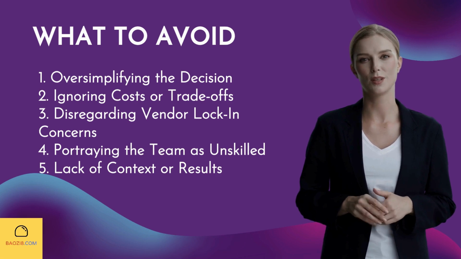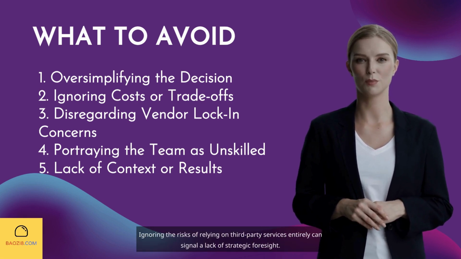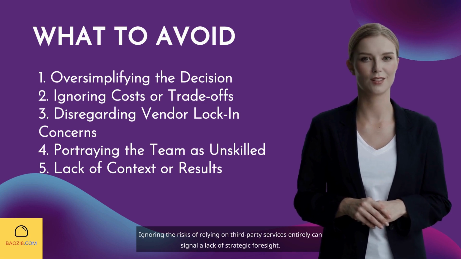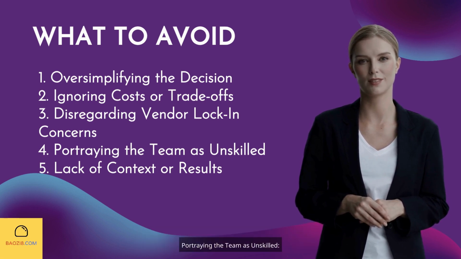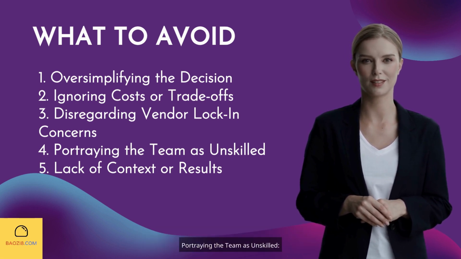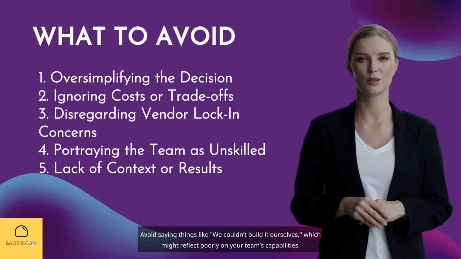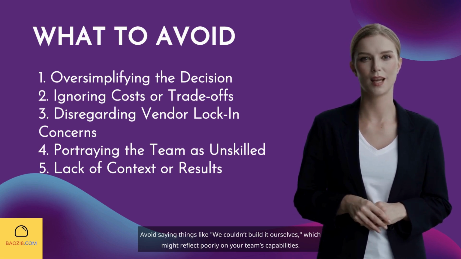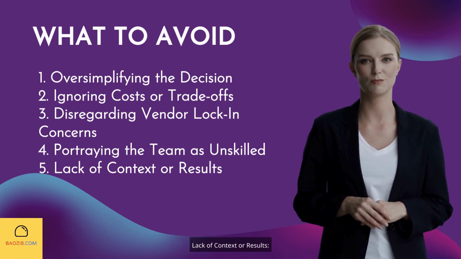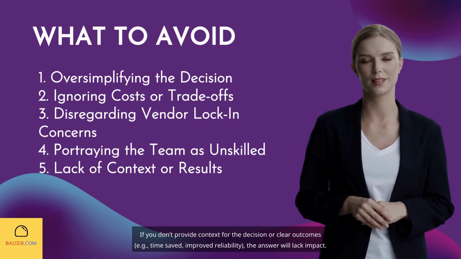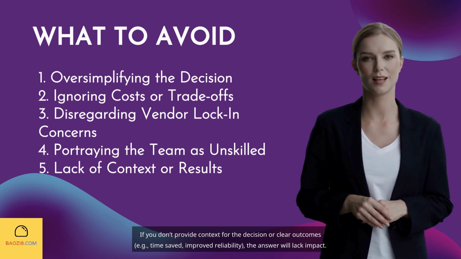3. Disregarding vendor lock-in concerns. Ignoring the risks of relying on third-party services entirely can signal a lack of strategic foresight. 4. Portraying the team as unskilled. Avoid saying things like, "We couldn't build it ourselves," which might reflect poorly on your team's capabilities. 5. Lack of context or results. If you don't provide context for the decision or clear outcomes, e.g., time saved, improved reliability, the answer will lack